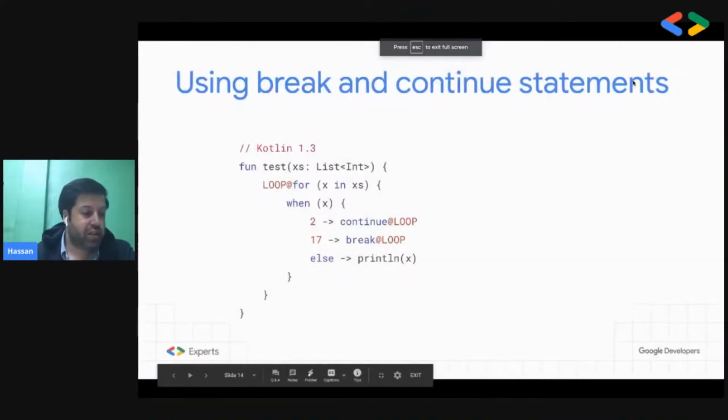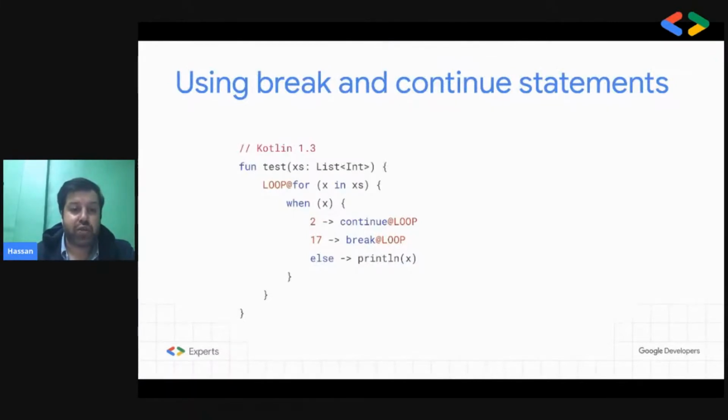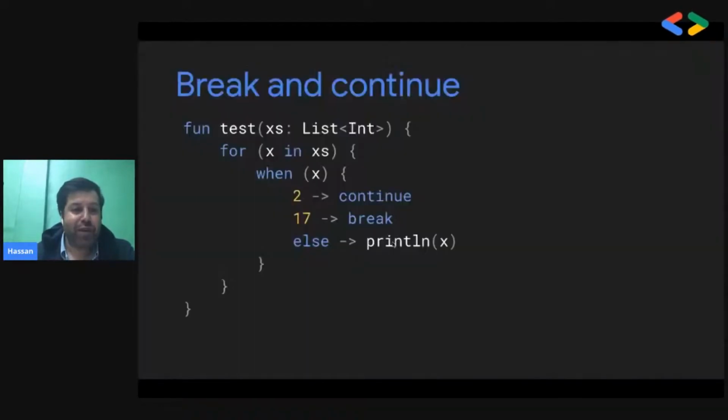The next feature, which is very interesting, is break and continue. I think many of you know this. Every time we have to finish a loop in an event statement, we have to use this at-the-rate-of loop. But with 1.4, you don't need to add this. You just write continue or break. So this is also a new addition in 1.4.